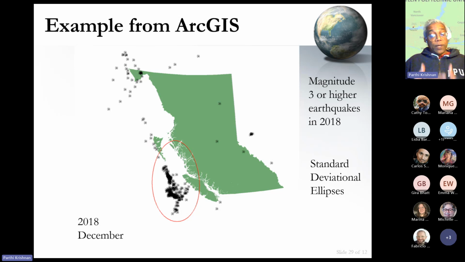Right. So what I'm trying to get across to you with these kinds of spatial statistics is that the data that we try to map tells us different stories when we subset the data in different ways. Right? As a geographer looking at this as part of my research, I have other questions to ask. Questions like, why does this pattern exist? Is it because there are certain types of tectonic activities happening now?